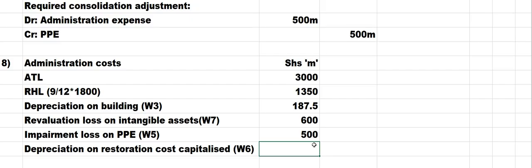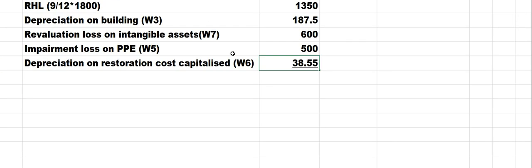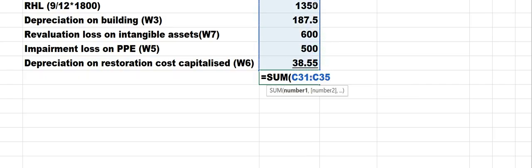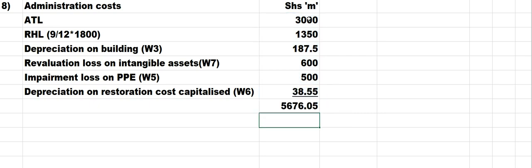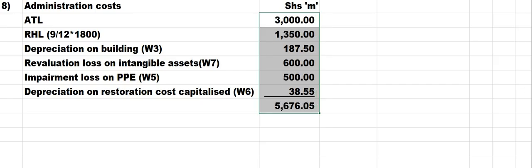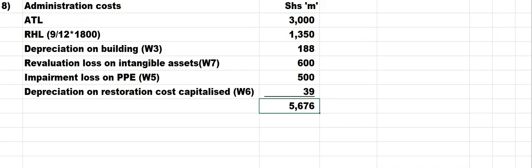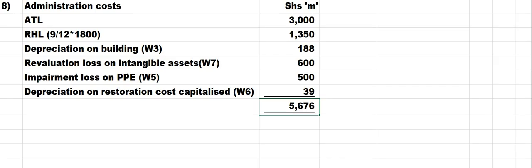This depreciation is 38.55. I think that's it all. So you can add, you see how much we have. It makes more sense to do it from here because of the space on the other side. Okay, let me round off, reduce the decimal places. So we have